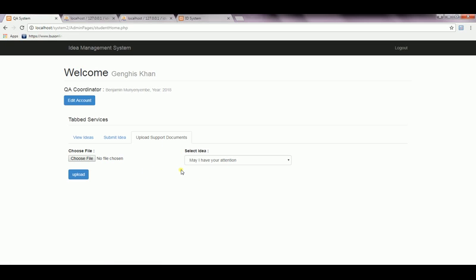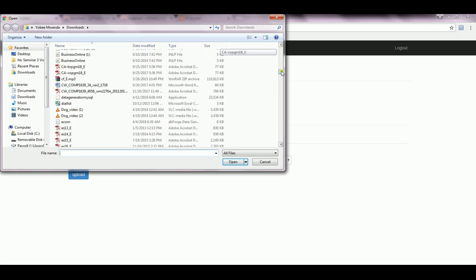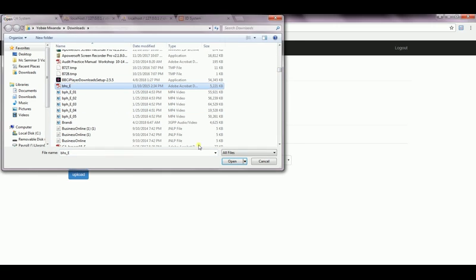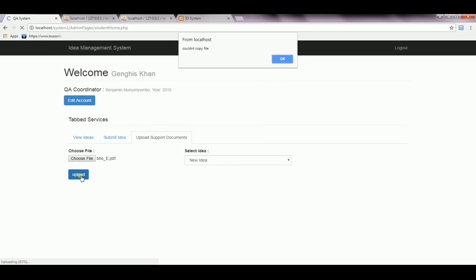And also, more importantly, is the upload section. This is where the student will be able to choose a document, a PDF document, which will support their ideas. So they have to choose the idea that they want to support with. Let's say new idea, the one we just typed recently, and they have to browse into their file manager. I just put in any sample PDF, for example. And then we open that, and then once they upload,